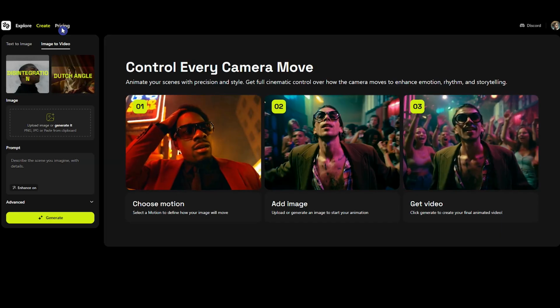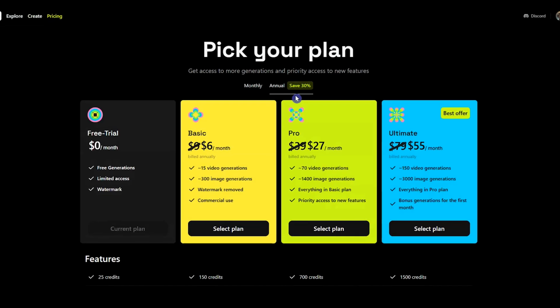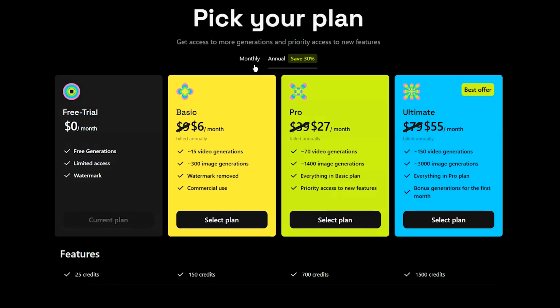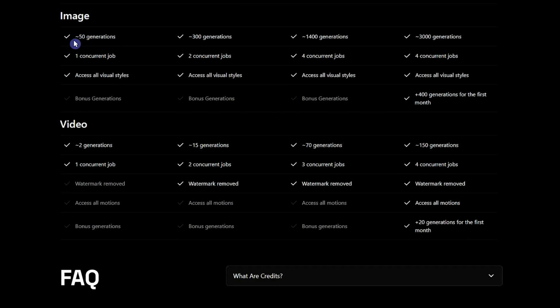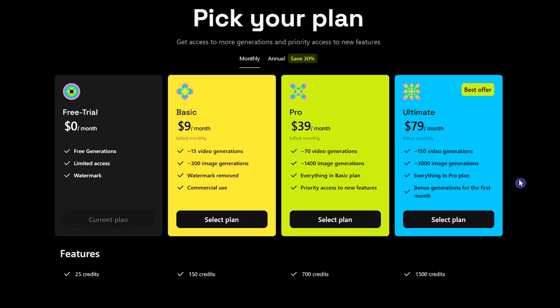In the pricing section, you'll see several monthly and annual plans to choose from, depending on what you need. With the free plan, you get 25 credits when you sign up. That's enough to generate around 50 images or 2 videos and test the tool and see what it can do. Try it out first, and if you feel it's worth it, you can upgrade to one of their monthly plans for more